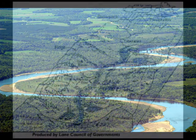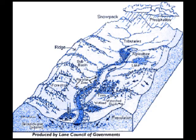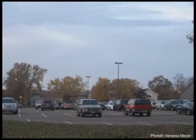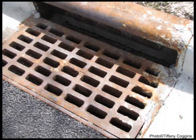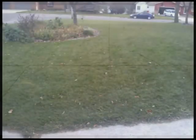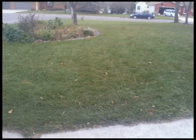All water drained by this basin ends up in the Chippewa River. As the water runs over the land surface and flows down the streams to the river, it collects many different types of pollutants from many different sources. Point source pollution is discharged from a single identifiable location, such as an industrial dump site or a wastewater treatment plant. Non-point source pollution accumulates from many indistinguishable locations and is carried to the river by storm water runoff. Oil leaks on the road, fertilizer, and pet waste left on lawns are just a couple of examples of this